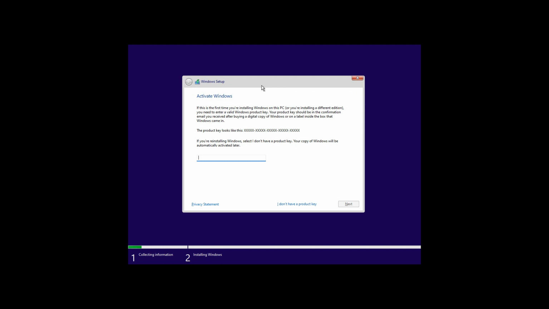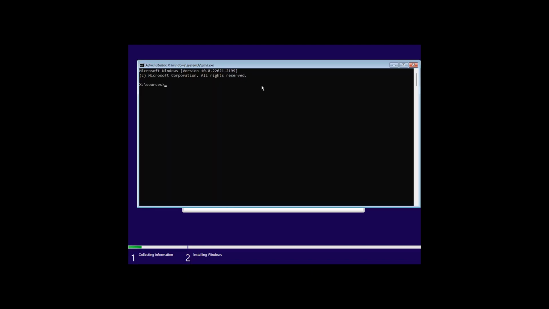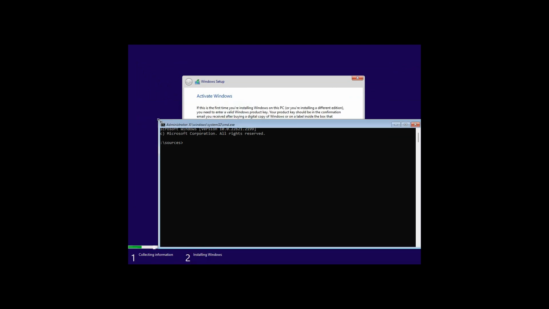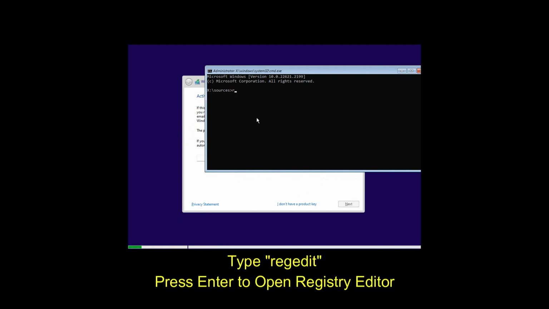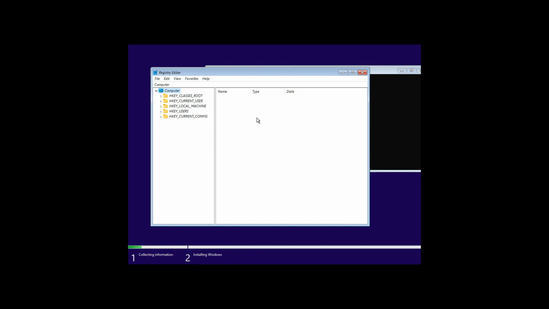After that, press Shift plus F10 here. When installing Windows, you can open the command prompt with the Shift and F10 buttons. After that, type regedit in here. Hit enter. Here, you need to select Computer, then HKEY_LOCAL_MACHINE, and then select SYSTEM,